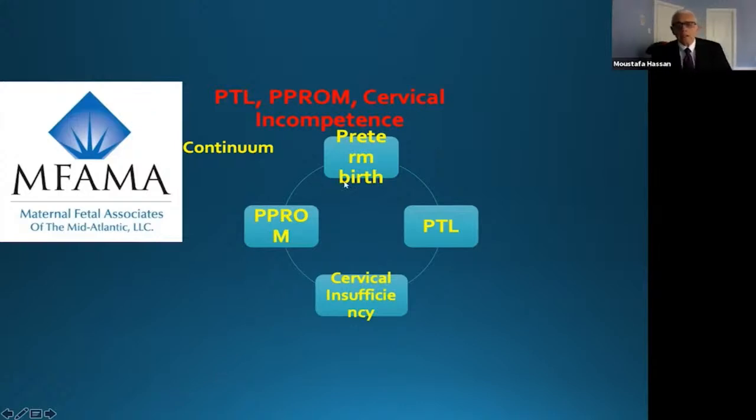And here it is like which one came first, the hen or the egg. So you can have preterm birth start, can cause premature rupture of membrane, can cause preterm labor, cervical insufficiency, can cause you both. So it is a continuum. That's why we like to address the whole problem together, because as you're going to see a little bit later